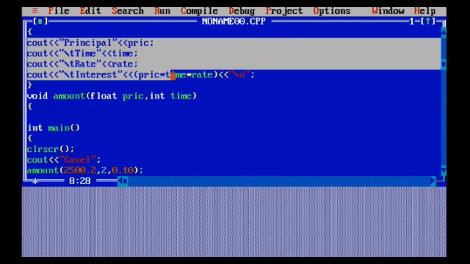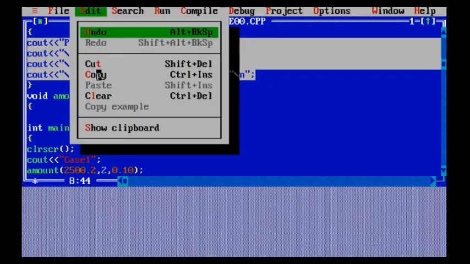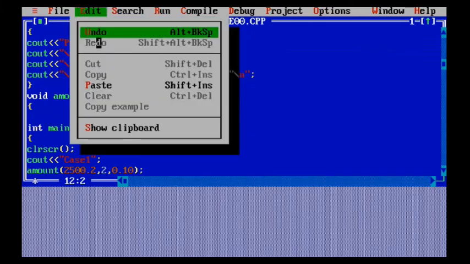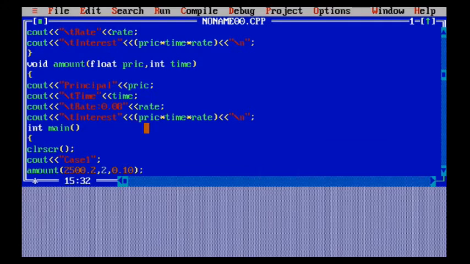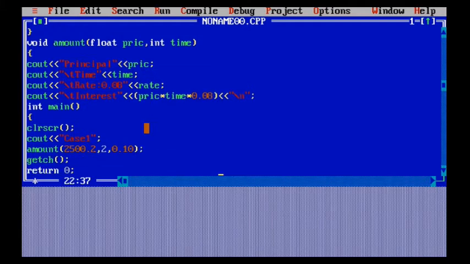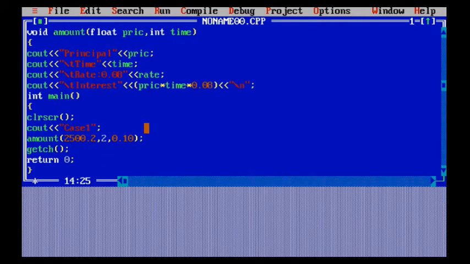It is your choice whatever type of variables you want to take. I've taken the same function name, amount, as the previous one also. I'm just going to copy and paste the content, because the print part is the same: the principal, time and rate. Here you can see I've just given principal as well as time. In this case I do not have the rate, so I've given a rate over here, that is 0.08, so that it helps me use the rate accordingly. In the formula I've just given price into time into that specific rate.